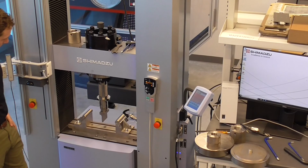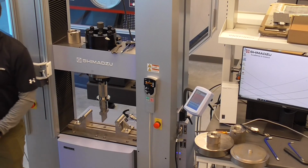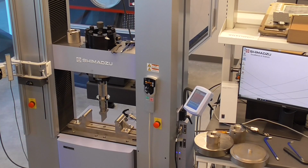Any questions so far? I have a question not related to the 3-point bend. Sure. Are there grips for the 100